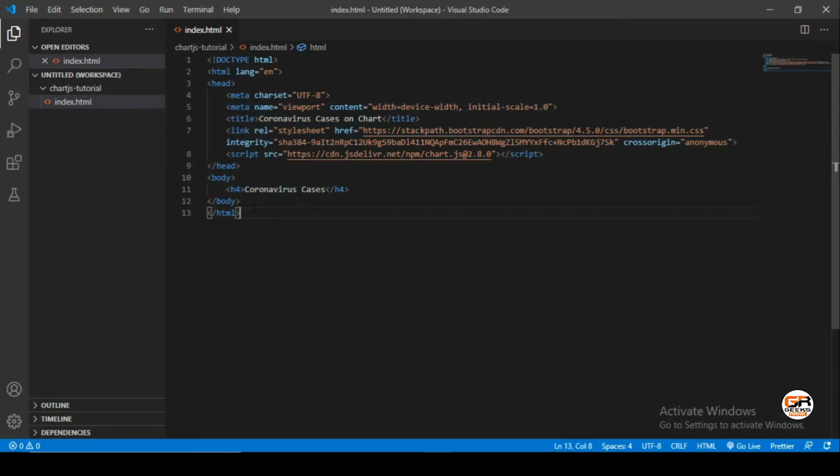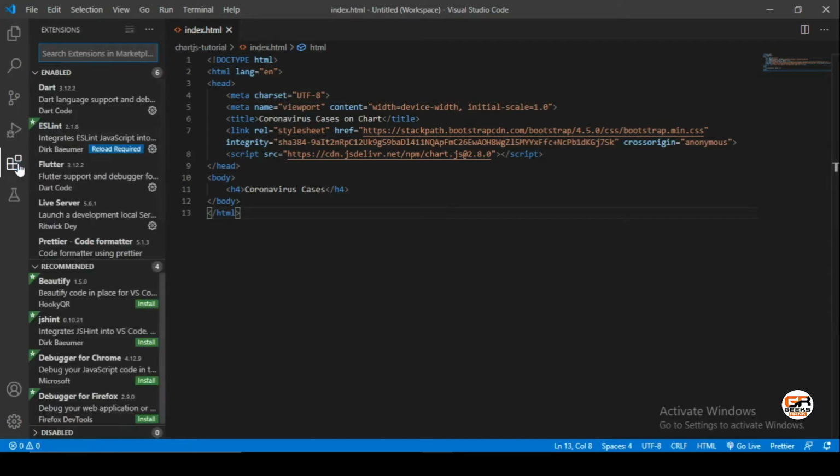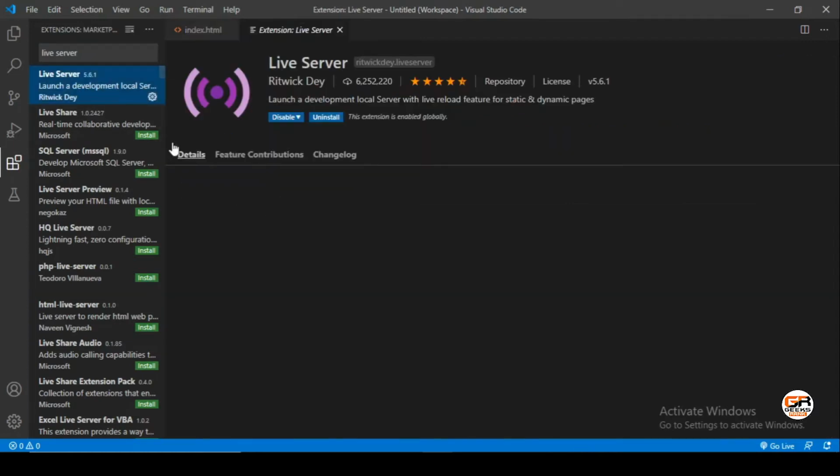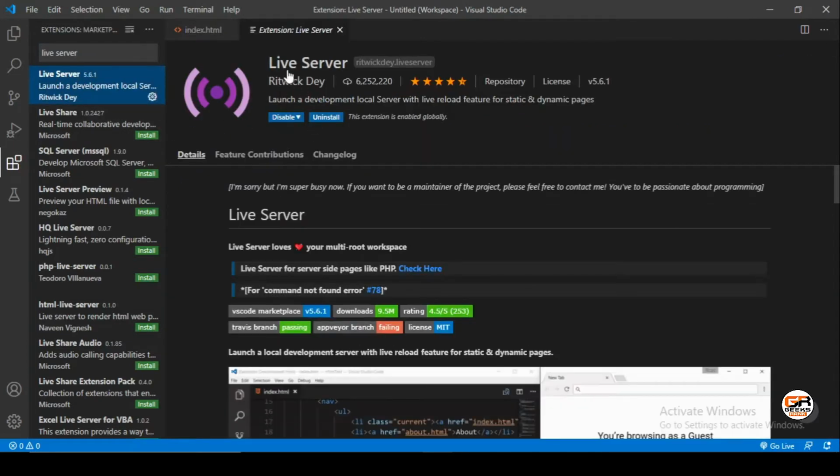To render this layout I will use the live server. If you are using VS Code and do not have live server, just go to the extensions and search for live server. You can see the live server extension here, and you can install it.